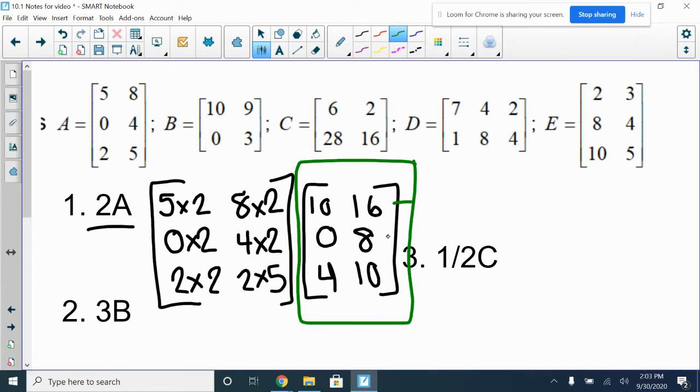I have 1, 2, 3 rows by 1, 2 columns. So yeah, we ended with a 3 by 2, and we started with a 1, 2, 3 by 1, 2. So we started and ended with a 3 by 2. All we did was take every single number in that original matrix, and we multiplied it by that scalar of 2. So I'm going to leave that for a second so that you can go ahead now and pause it